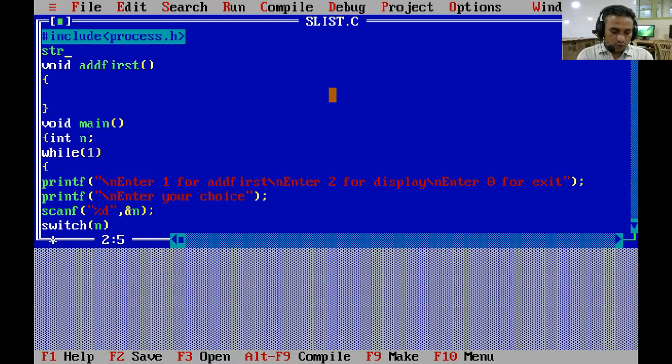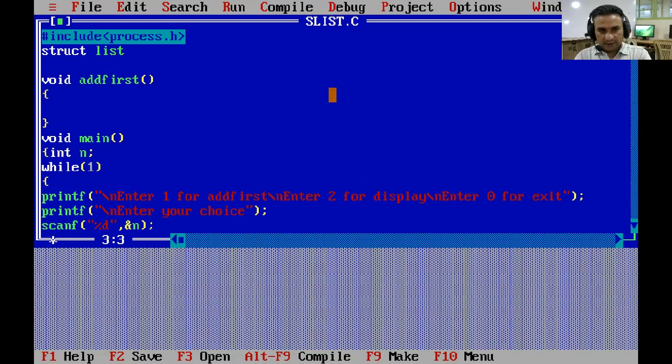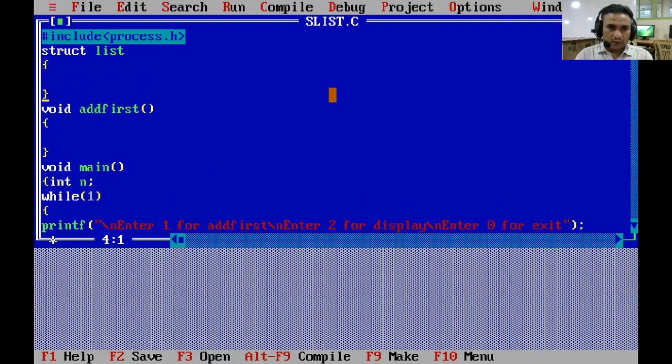So we have to create a structure here. For creating a structure we have to use the struct keyword and provide the name of the structure. So here the name is list, and our node will contain two things.